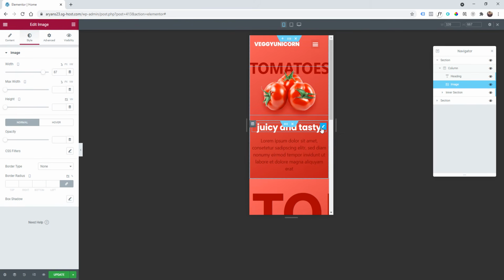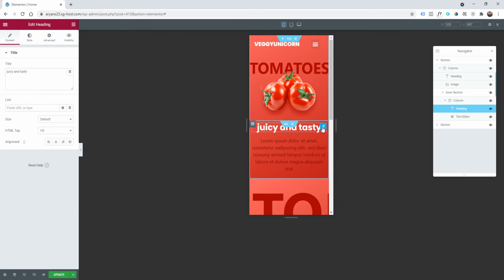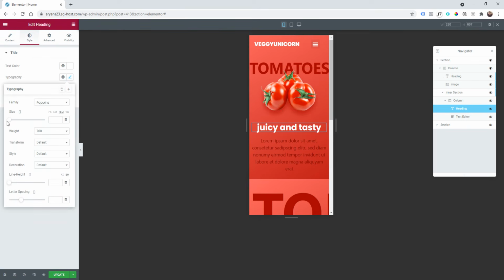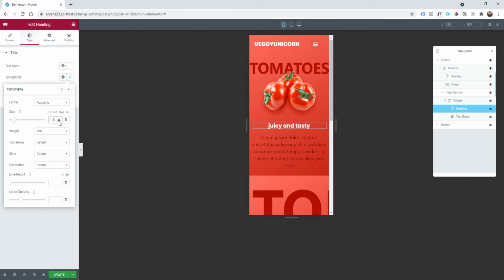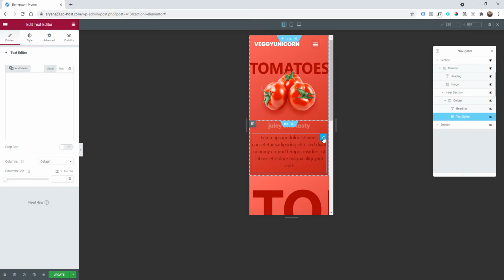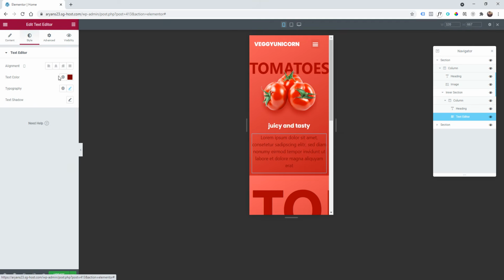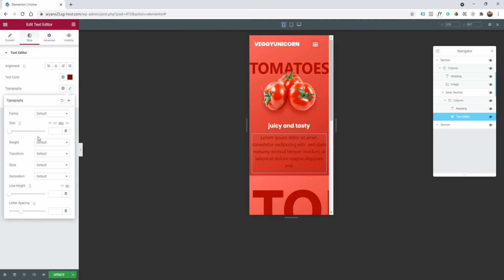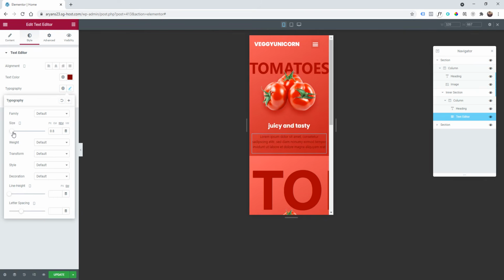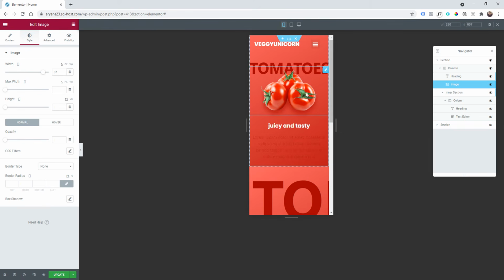Okay, the text tasty here, we need to click on it and change the style. So typography, rem, and remove this too. We're going to make it a little bit smaller like that, and this text here we're going to style it, and typography, and again we're going to make it a little bit smaller, maybe 1. I guess it's okay. And yeah, so now I'm going to update this by clicking update on here,